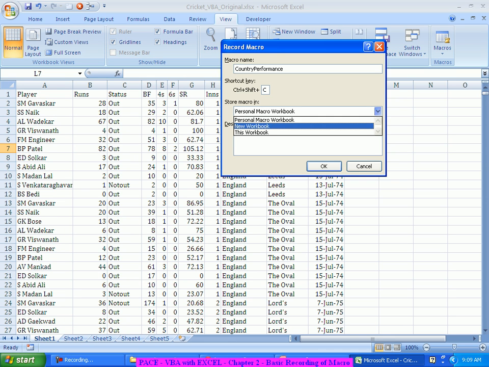But when I say Personal Macro Workbook, it's more like this particular macro I want to use for all the files in my system. For all the files in my system, I will save it into the Personal Macro Workbook. The way it operates is, it is present in the startup folder of Excel.